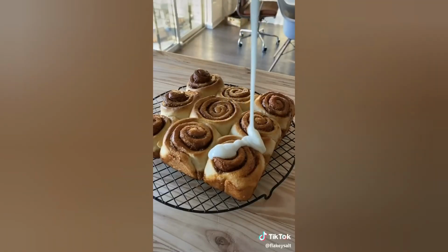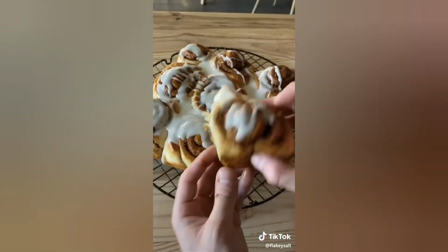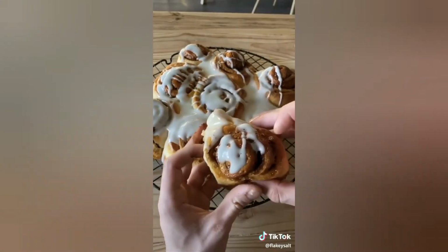Just glaze those buns. Yeah. Yes. Glazed top, caramelized bottom. This is how you make the greatest